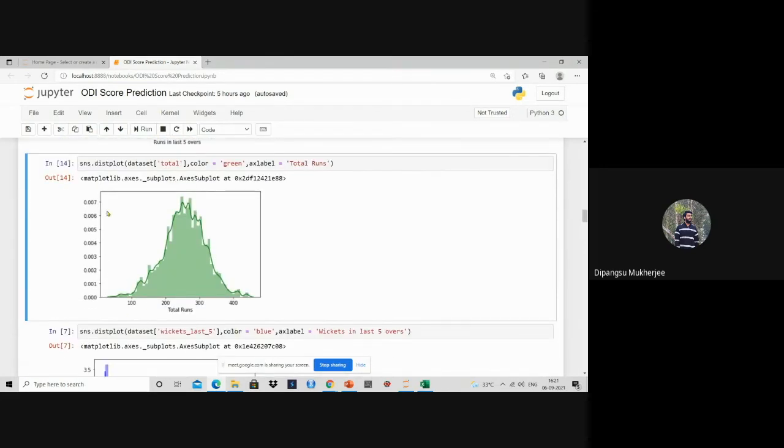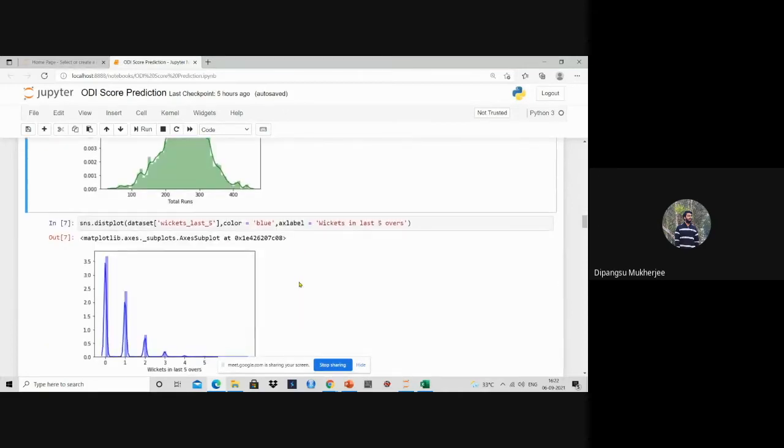We can also plot a histogram on the basis of total runs. You can see the total runs in most of the matches. We have already seen that the mean, or average, of the total runs is 255, and you can also see from the diagram that the total runs in most of the matches are between 200 and 300. Between this interval, 255 is the best. So 255 is the average score in all the matches.